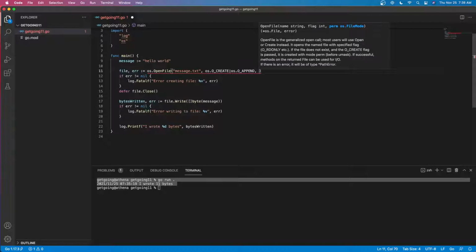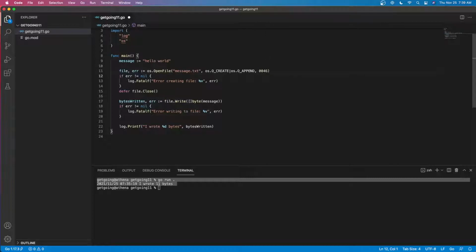And I want a flag of, I don't want everybody to read it, so I want a 0. It's okay if people in my group, in my Unix group, read it, so that's a 4. And finally, I could read and write to it, so that's a 6. 046. So if I run my program again,